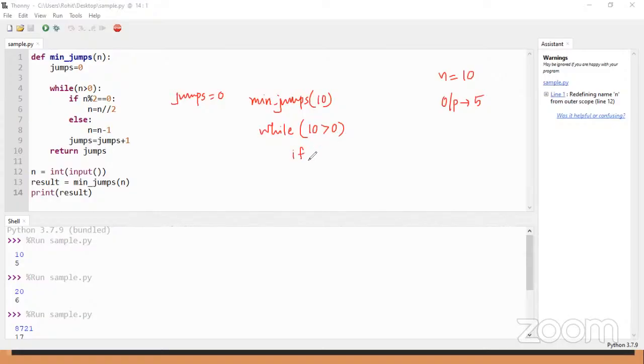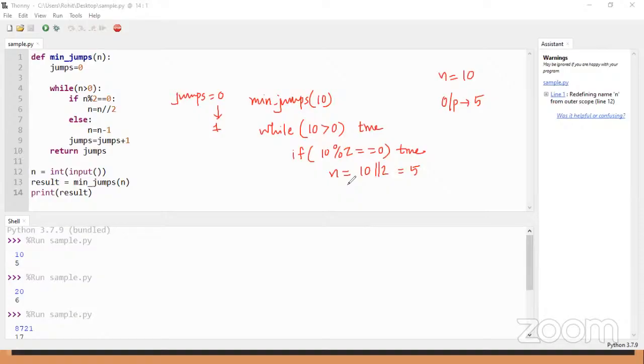And you will check the if condition that 10 modulus 2 is equals to 0. So this is also true. So now you will go with the new calculations of n, that is 10 floor division 2, which will give me 5. So n becomes 5, else block will not work and jump will be updated. Now my new jump is 1, 0 plus 1.